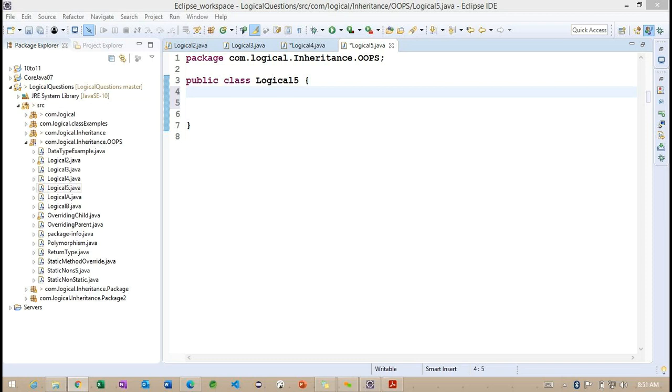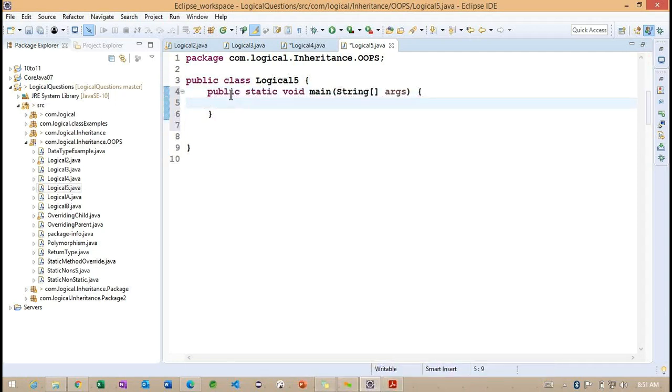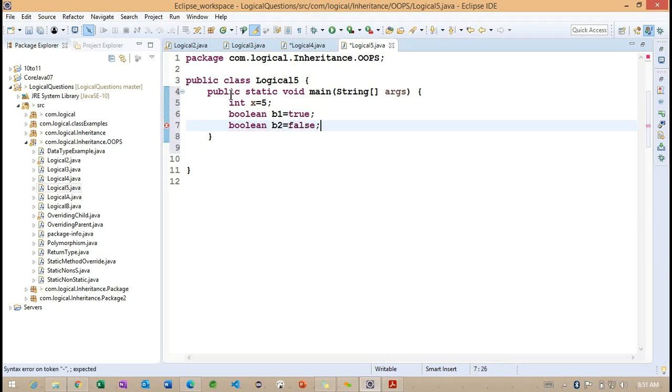So now, can you please answer about this particular question here? Now I'm going to write. Inside this particular main method, I'm going to take int x equals 5, boolean b1 equals true, b2 equals false.